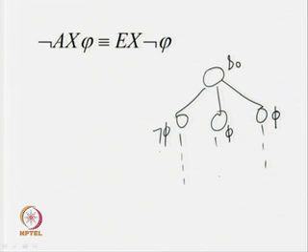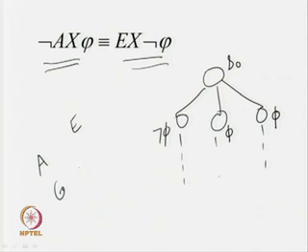Now, if you look at any model and look for any state of any model, you will find that if one is true in a particular state, then the other will also be true in that state. So, that is why we say that these are equivalent formulas. Now, what we have seen is the path quantifiers A and E, and the state temporal operators, basically globally and in future. These two can be treated as universal quantifiers, and these are basically existential quantifiers.